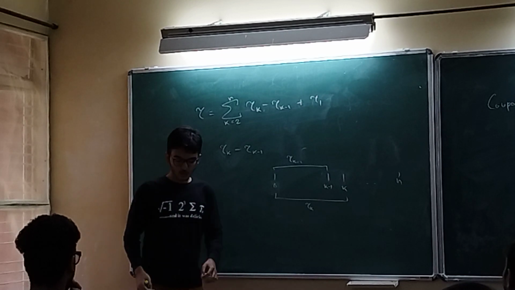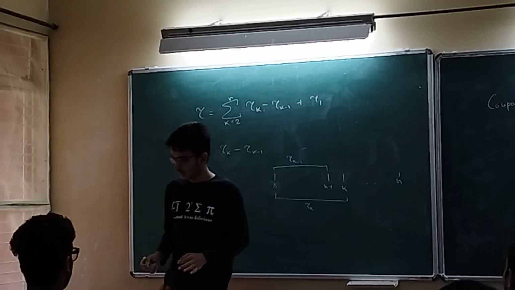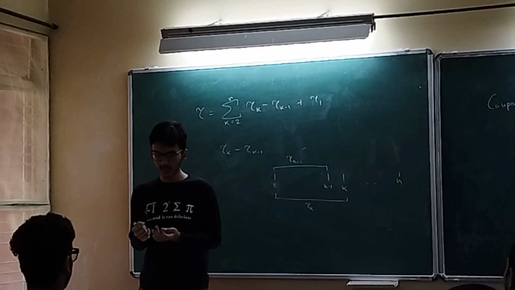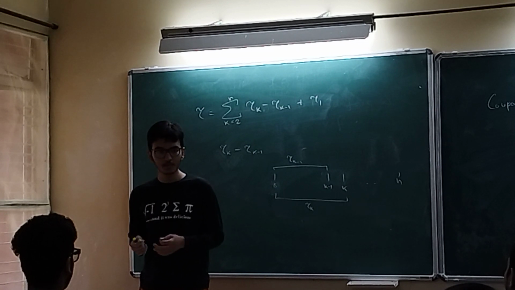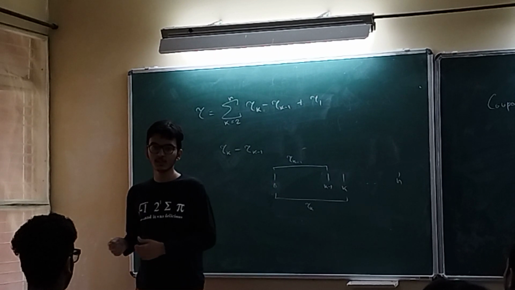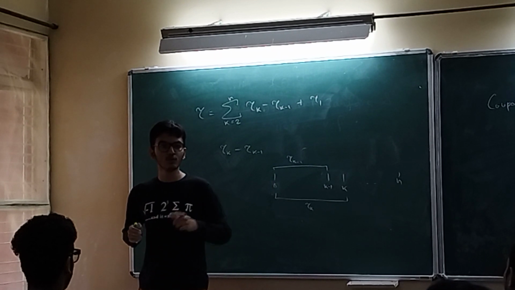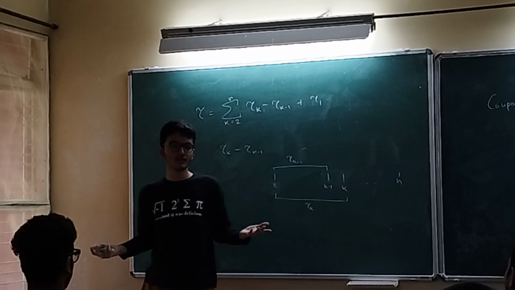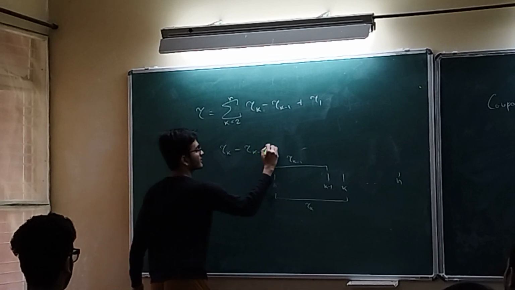How? You have k minus 1 coupons in your hand. Now you are picking up a coupon, checking if it's a new coupon. If it's a new coupon, it's a success for you. If it's not a new coupon, then it's a failure. So what are you doing? You are basically conducting Bernoulli trials and waiting for the success. And what is that random variable? Geometric.